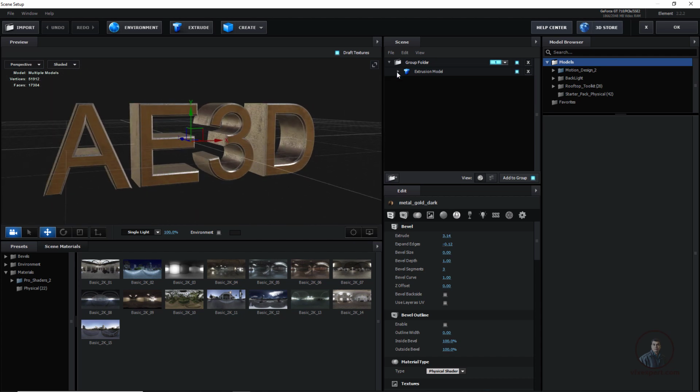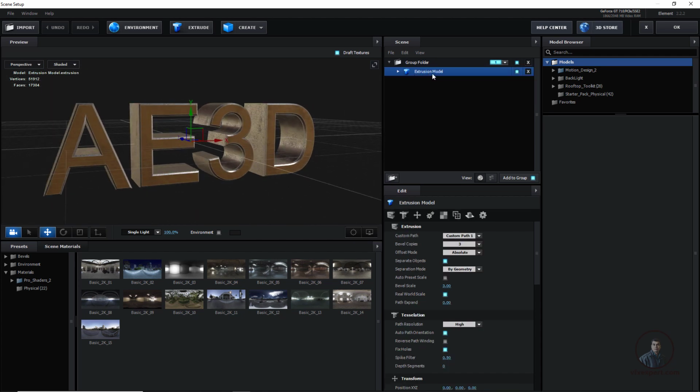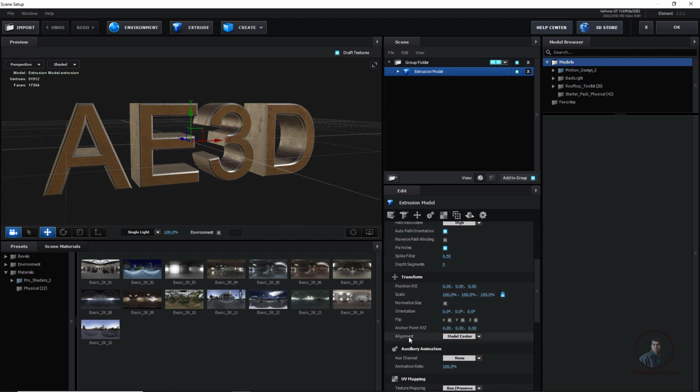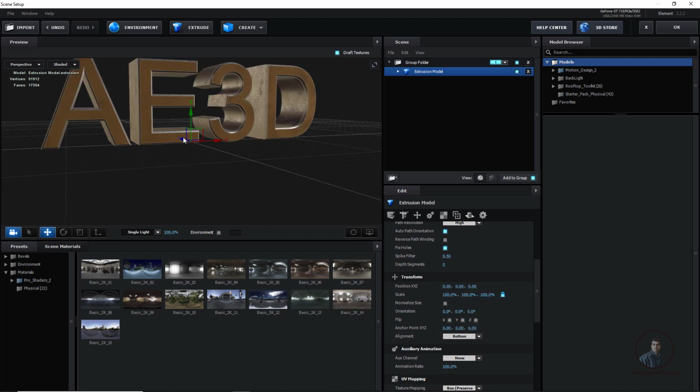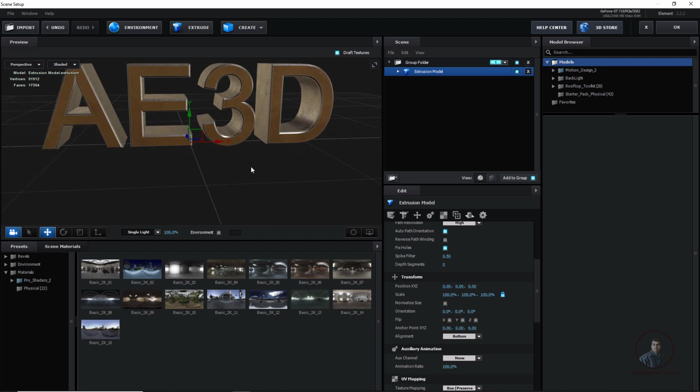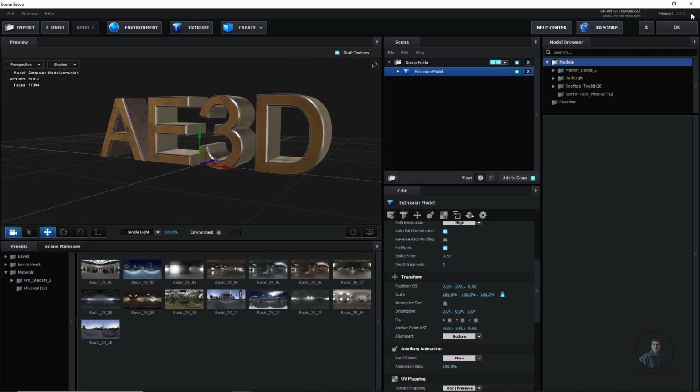Then after this we have to select this text group. This is again an important thing. Then downside, in the Transform option, Alignment, we have to select Bottom. This will place the anchor point or pivot point at the bottom. Okay, these are again important things. Now finally press OK here.